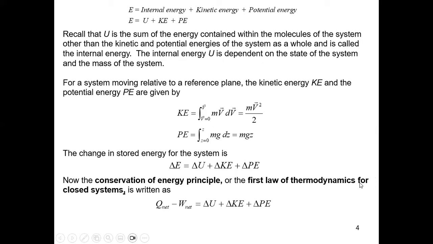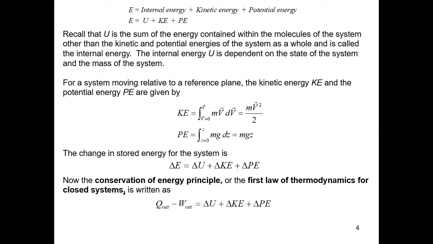Recall that U is the sum of the energy content within the molecules of the system other than kinetic and potential energies of the system as a whole, and is called the internal energy. The internal energy U is dependent on the state of the system and the mass of the system. For a system moving relative to a reference plane, the kinetic energy KE and the potential energy PE are given by: